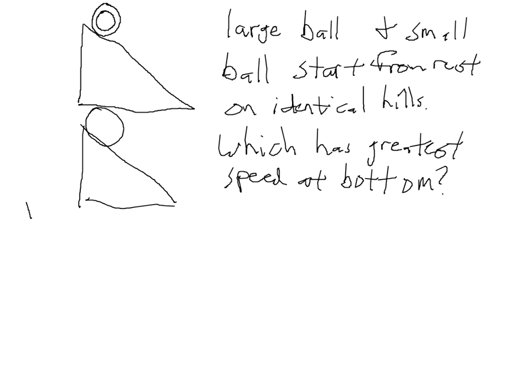Okay, are you ready? Well, we need to know the moment of inertia of the two objects in order to answer this question. The moment of inertia of the hoop is mr squared. The moment of inertia of a ball is 2/5 mr squared. Since the ball has a smaller moment of inertia